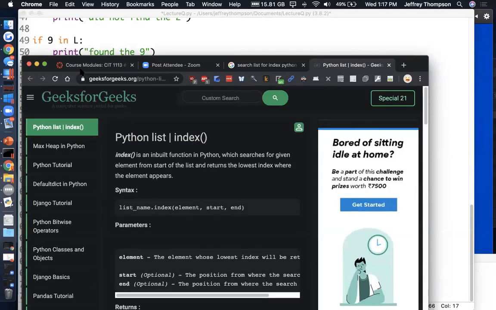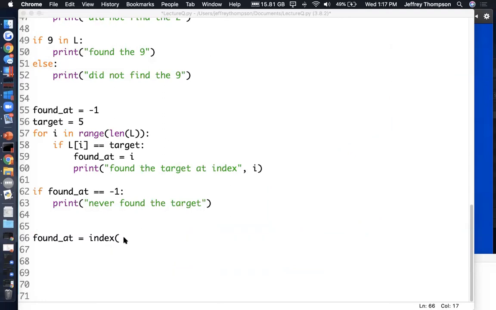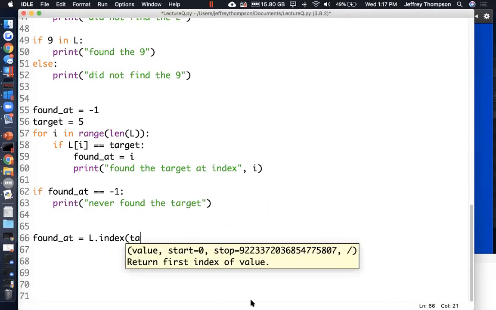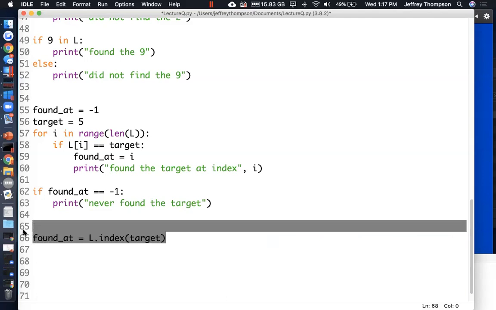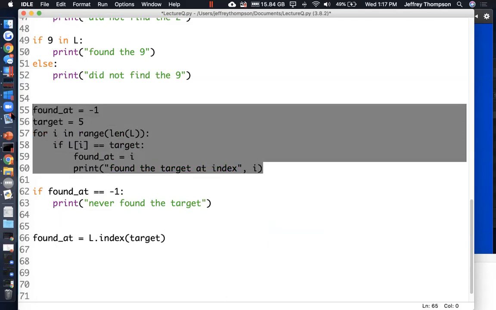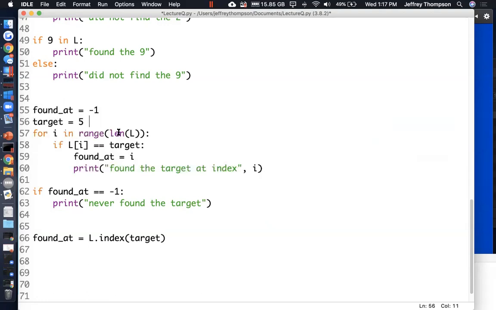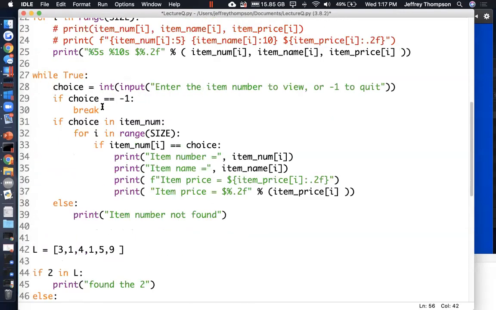List name dot index. Okay. So L dot index parentheses target. This line of code replaces those lines of code. So here's what we're searching for. So our code to look for a specific item number,